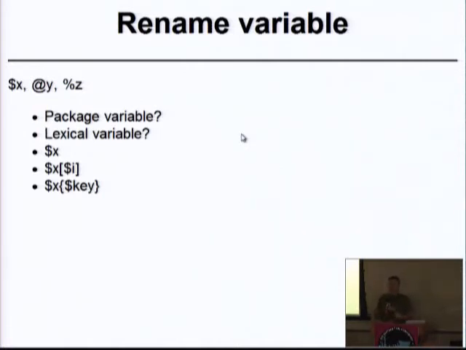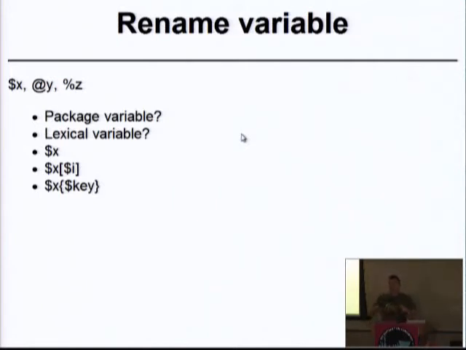Then you might have package variables, right? So you might have a $x which is a package variable. Now that can be an even bigger problem, because even though you can easily change the $x in your package, it might have been accessed from the outside world, from other packages. So now you have to be either more careful or just not care. Say, okay, if someone was accessing that $x that hasn't been declared as a public variable, just because they could, then their code is going to be broken.